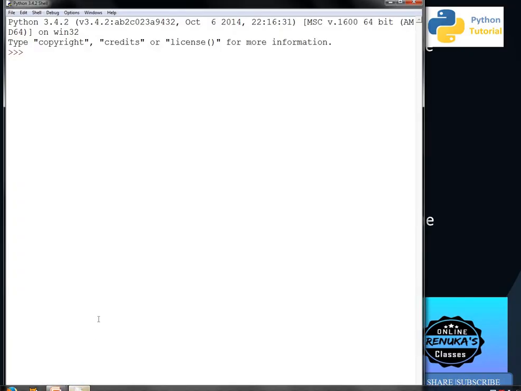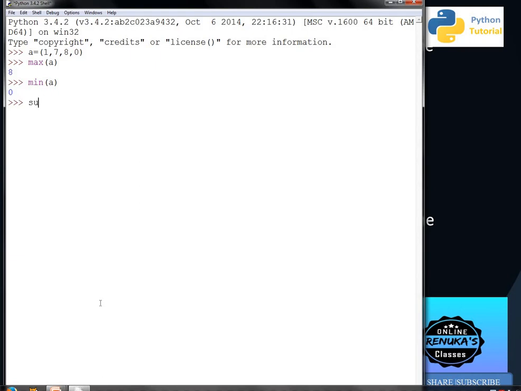Suppose I take an example: A is equal to this tuple 1, 7, 8, 0. If I write max A, it gives the maximum value 8. If I write min A, the minimum value is 0.